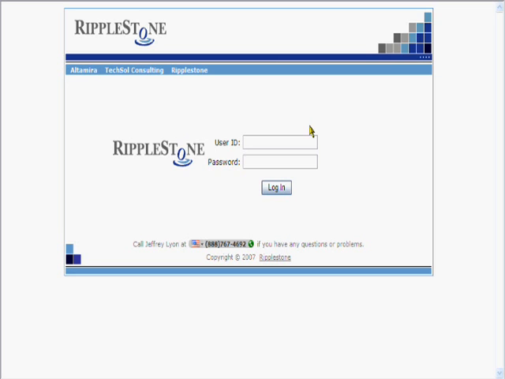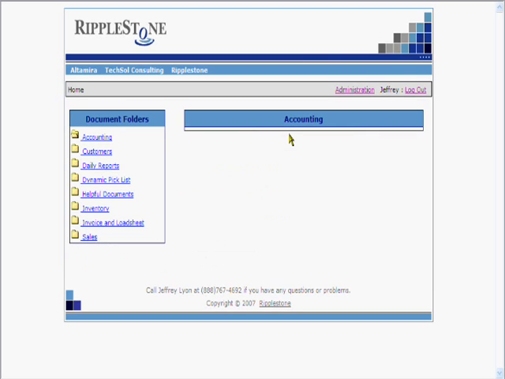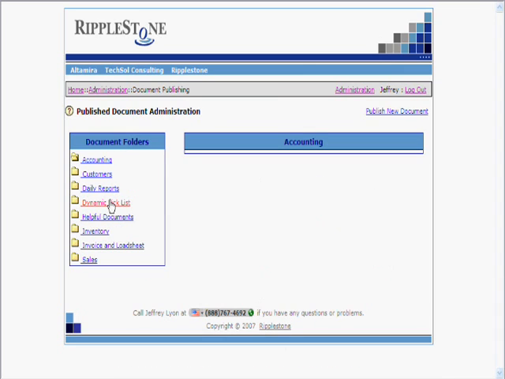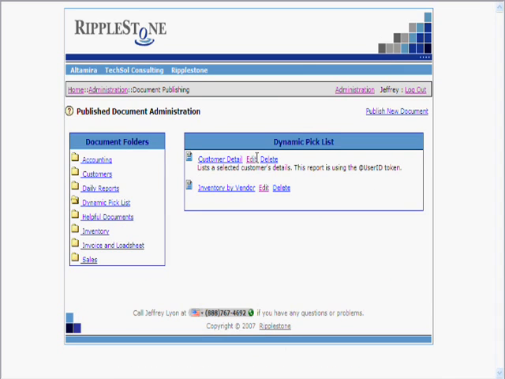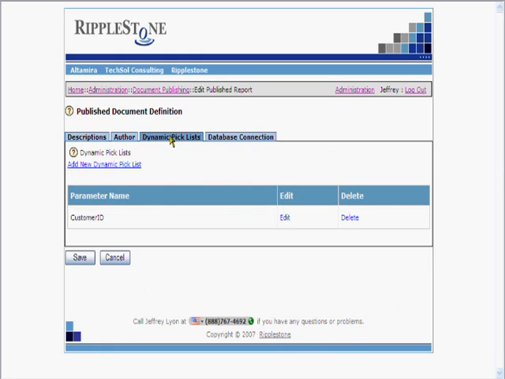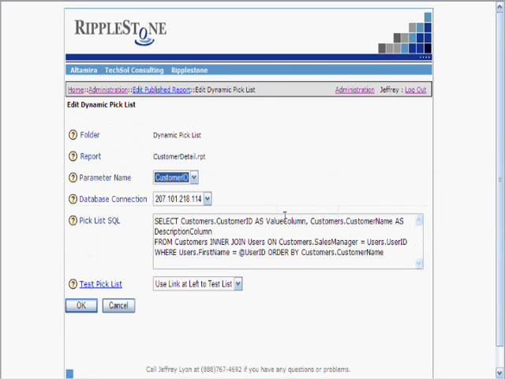To create a report with an @UserID, we first need to log in as an administrator. Then we need to move over to Administration, and then to Document Publishing. Find the report that we're interested in, click on Edit, move to the Dynamic Pick List tab, and in this case I've already entered the Dynamic Pick List parameter. So let's click on Edit,